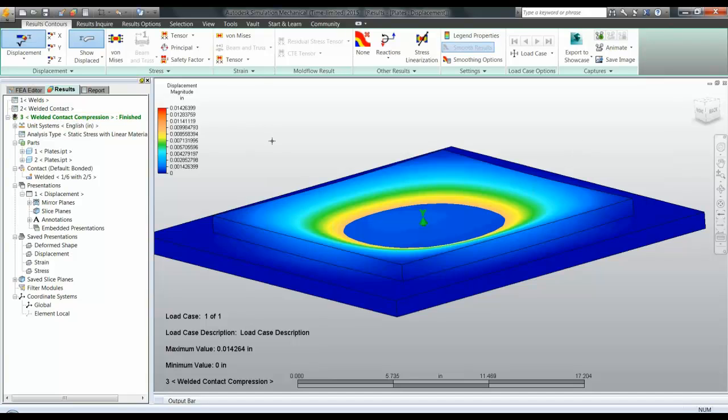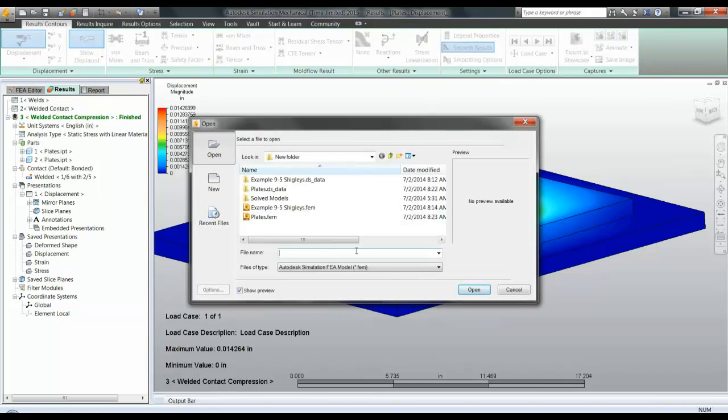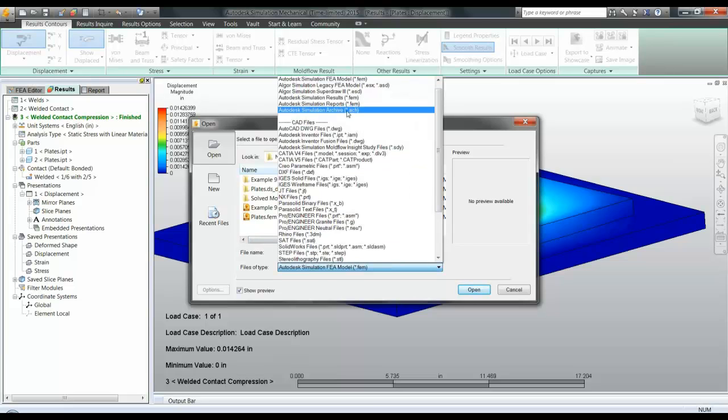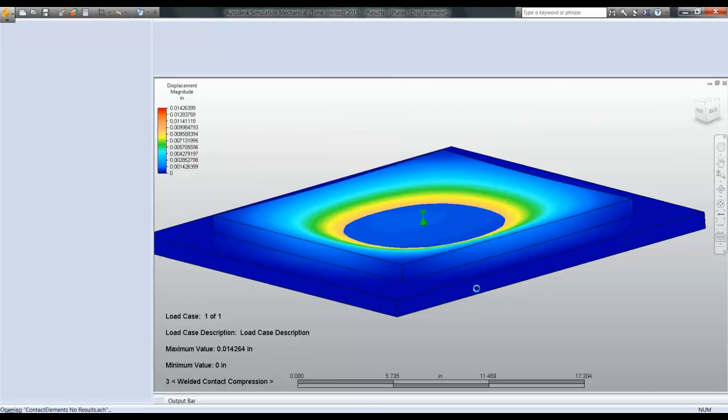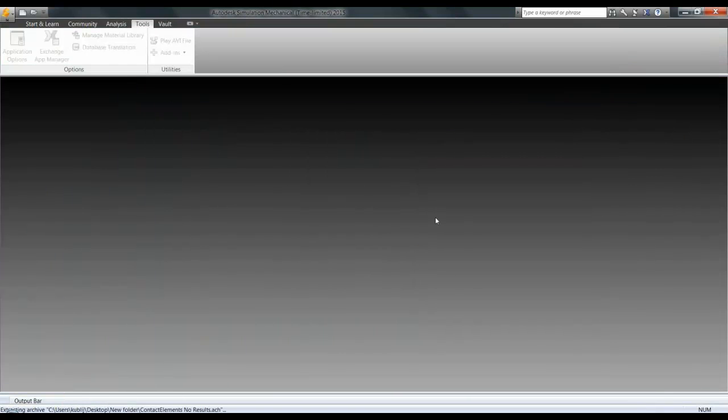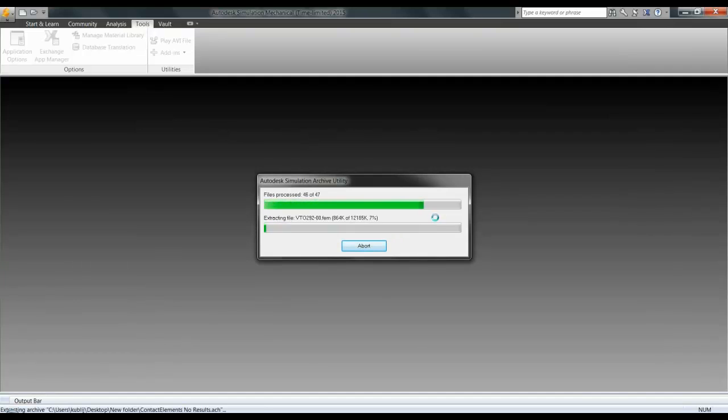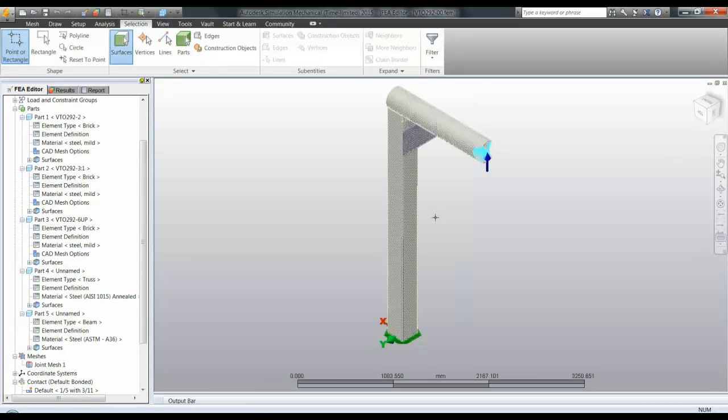And last thing I want to show you is how to use contact elements. This model is a bit more complicated. I'm not bringing it in from CAD, and I will not be running the analysis as it is a bit more time-consuming. But I will go over the workflow, the steps on how to use contact elements to basically add a weld